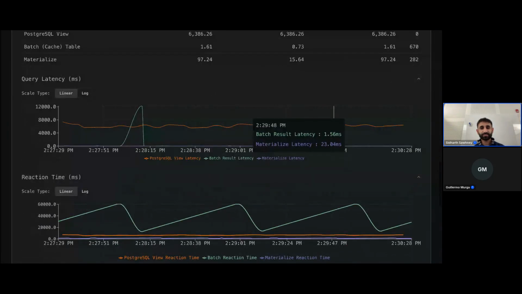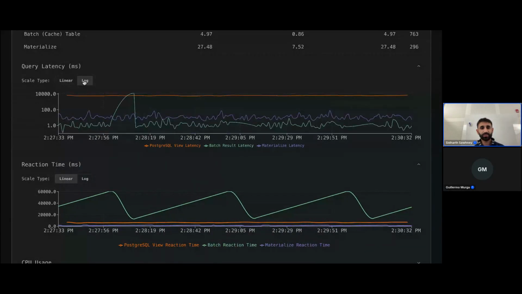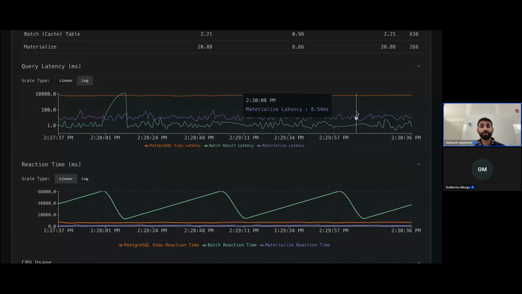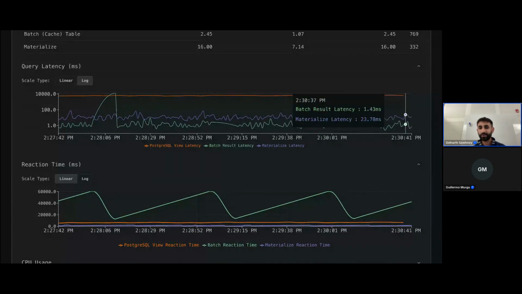Materialize sits, I'll change this one to the log scale. Materialize isn't quite as fast at running the query as a data warehouse is, with all these complex joins and aggregates.